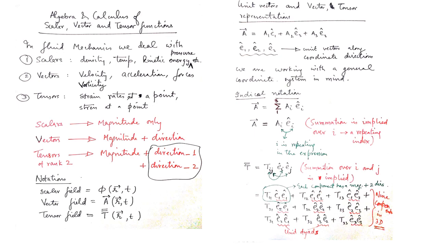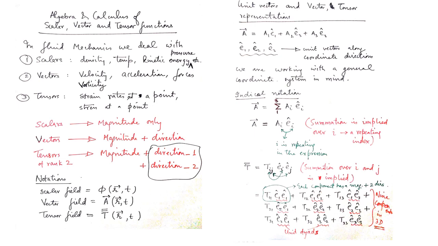Now, as you all know, vectors, you are familiar. If you start using the unit vectors in your coordinate system, in 3 dimensions, you can write the unit vectors along coordinate directions as, for the sake of symbolic reference, E1 cap, E2 cap, E3 cap, and not necessarily i, j, k caps, because they are just unit vectors for Cartesian systems. To keep the discussion general, we are just using three unit vectors along coordinate directions.